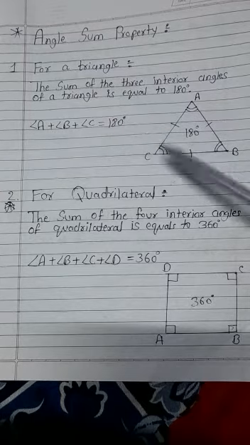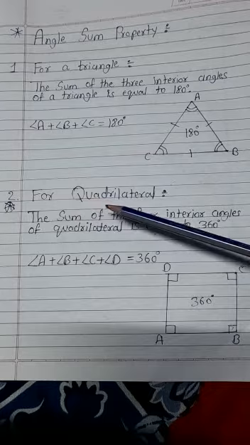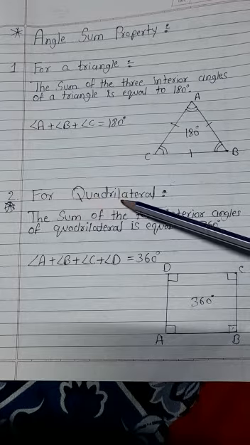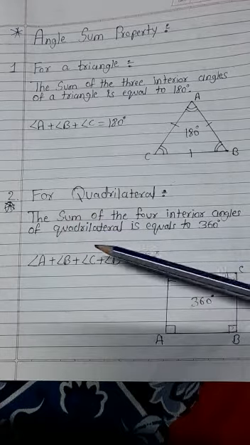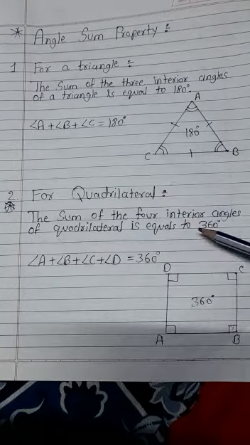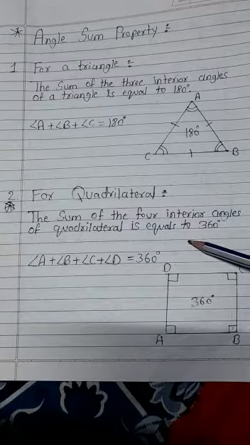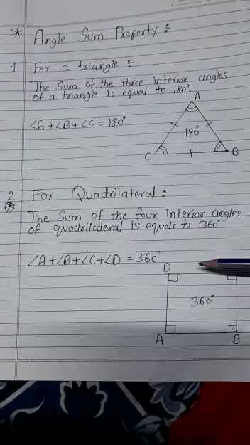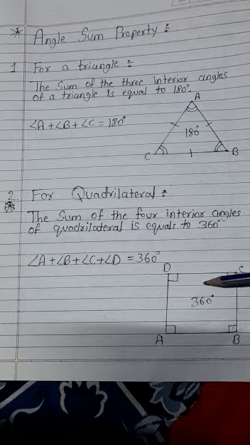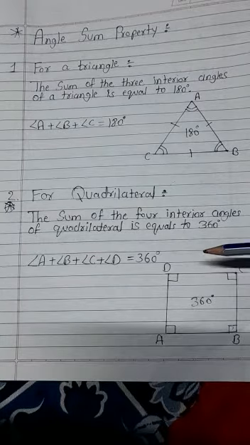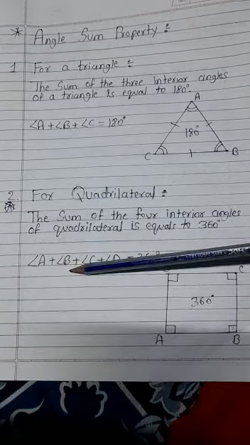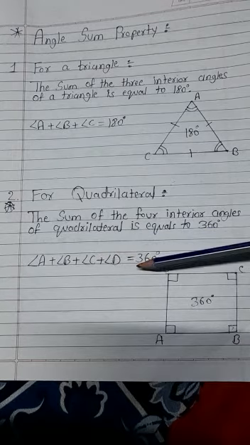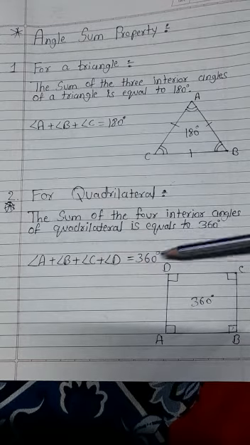Okay. Next we have the angle sum property of a quadrilateral. The sum of the four interior angles of a quadrilateral is equal to 360 degrees. That means the sum of all four of its angles will be equal to 360 degrees. Suppose we name it A, B, C, D. Then the sum of angle A plus angle B plus angle C plus angle D will be equal to 360